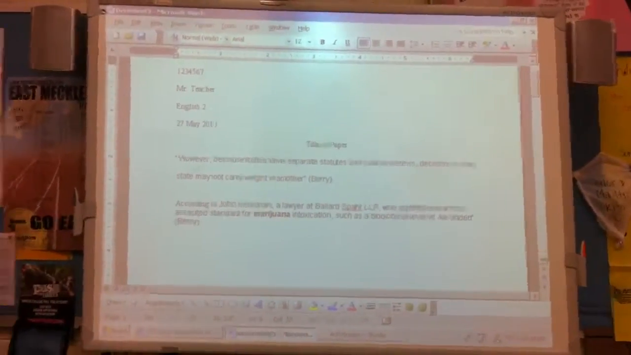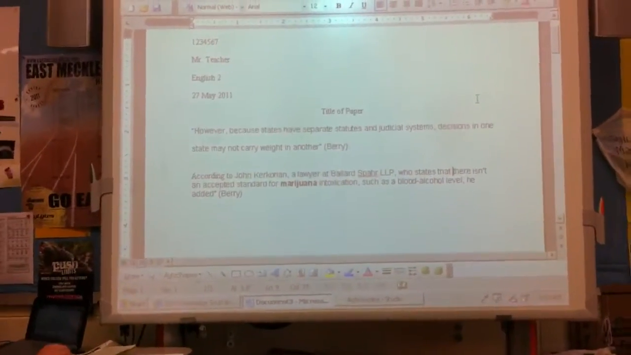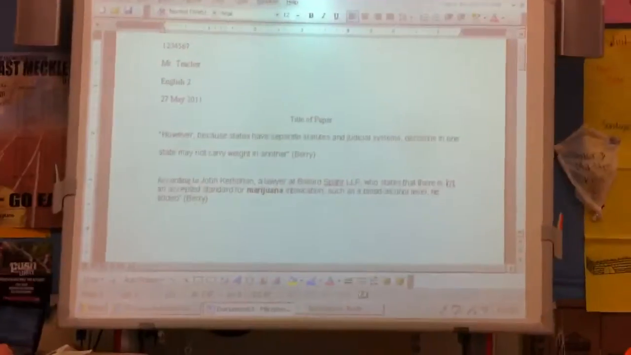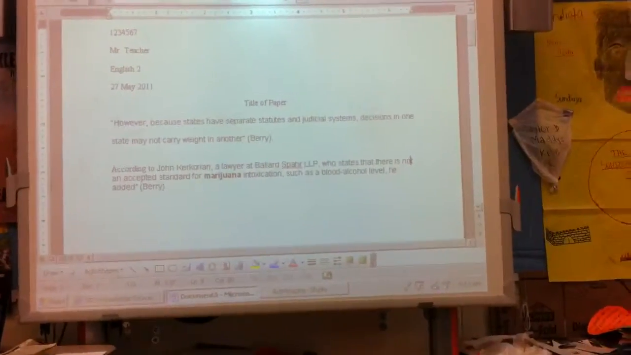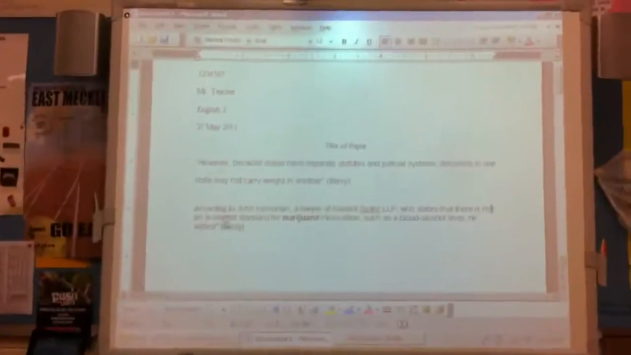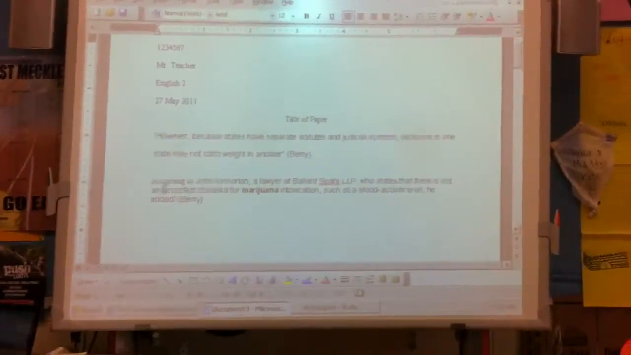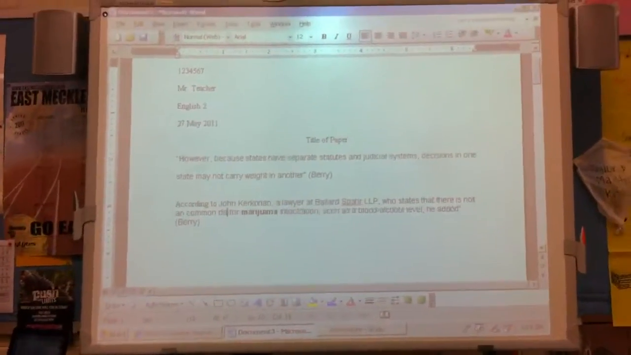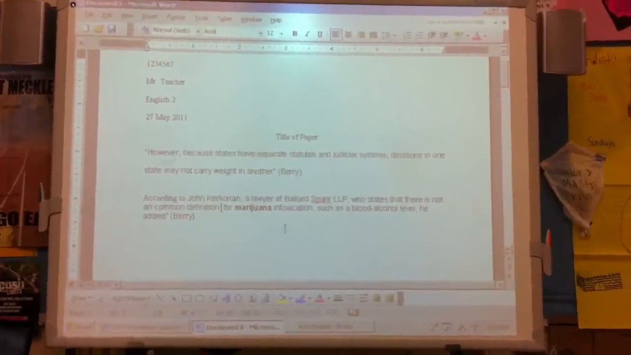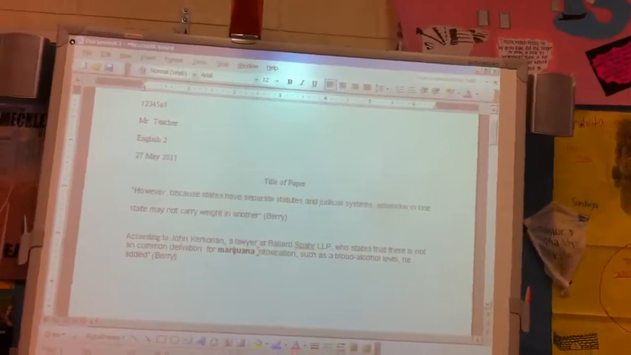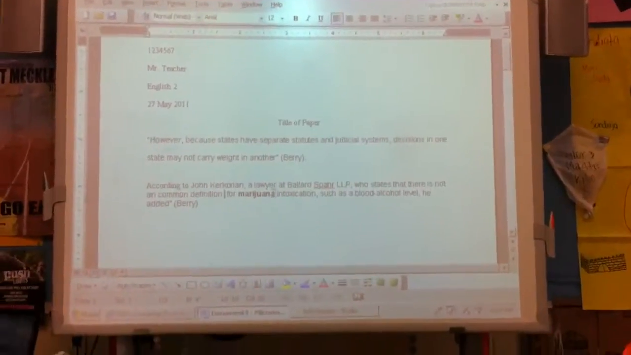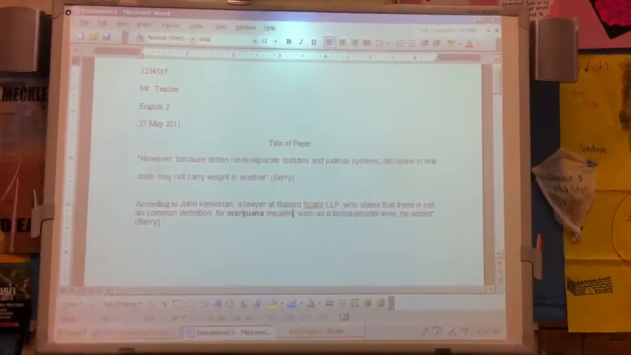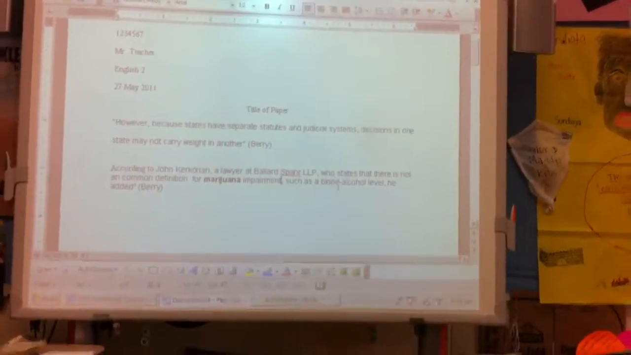who states that, watch what I'm doing as I edit as I go, who states that there, I'm going to change the text, I'm going to work with the text inside of it, is not a common, I'm going to change accepted standard to common definition. Why? Because that's different language and now I'm paraphrasing. You saw how I just changed accepted standard to common definition? For marijuana, intoxication, or how about I change intoxication to impairment? Impairment. Such as blood alcohol level